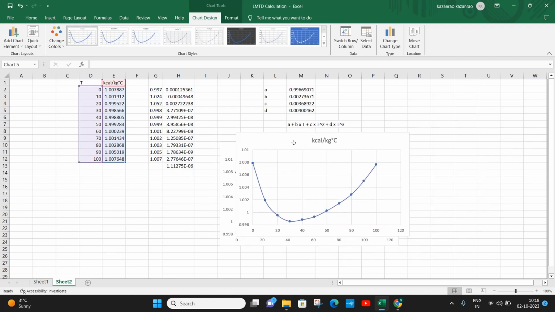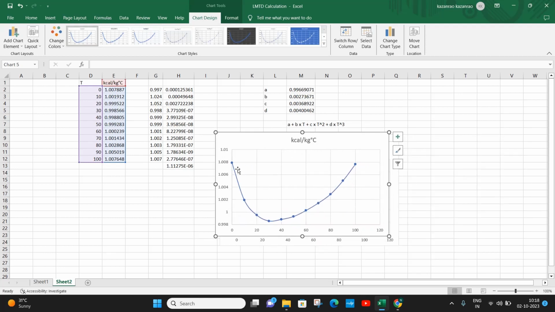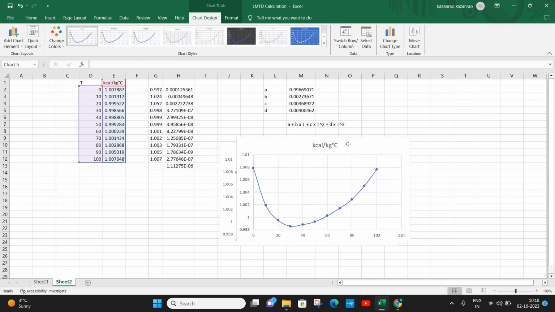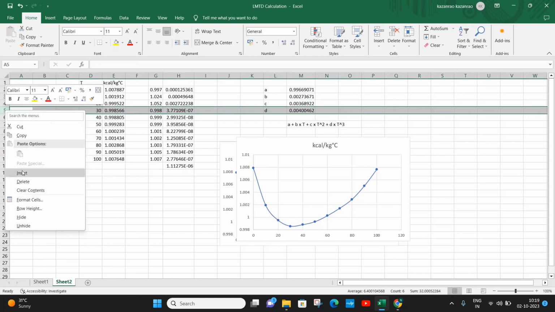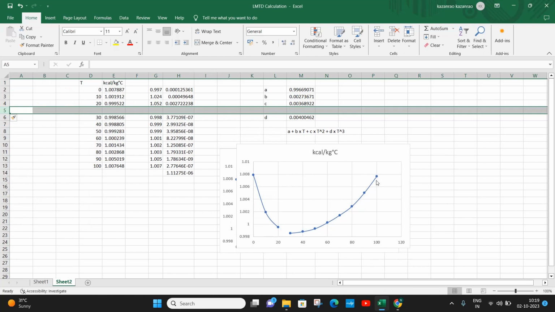Now if you see, there are two curves here. Up to 30 degrees it's a falling curve, and from 30 it's a rising curve. So we have to develop two equations, and let us see how to define the equation from 30 degrees to 100 degrees. What I have done is I've assumed an equation here. I've already solved it, but let us start here. As you can see, there is one equation for 30 and above,